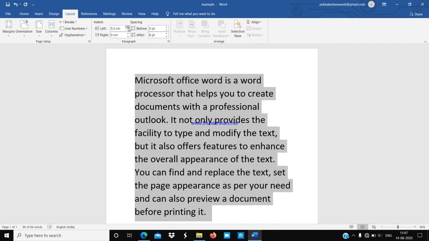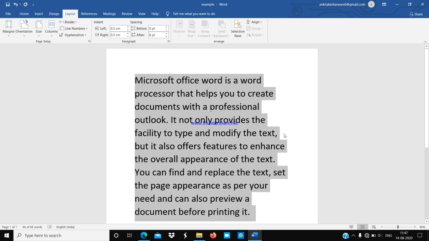Plus 0.3 centimeter from the left, and I want to place it 0.3 centimeter from the right also. Like that you can increase and decrease the indentation of your page. Understood everyone? Each time you click the increase indent button, the paragraph will move half an inch away from the left margin. You can also set the indents by the dragging method.